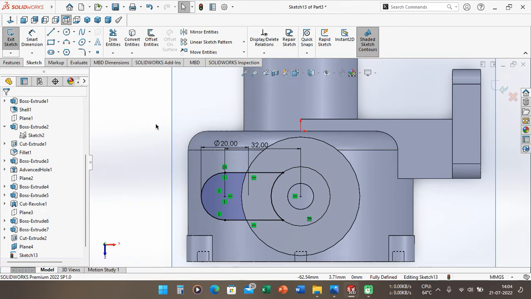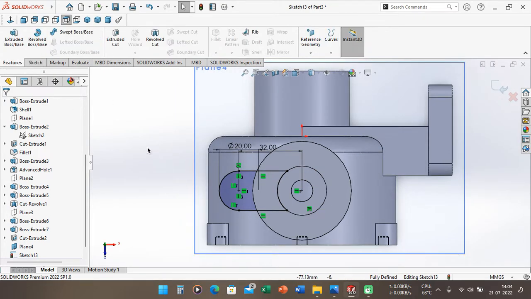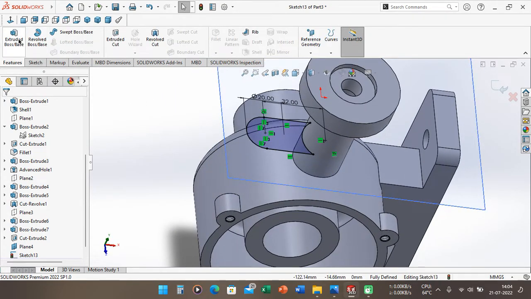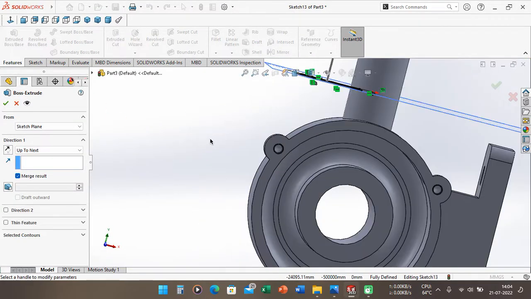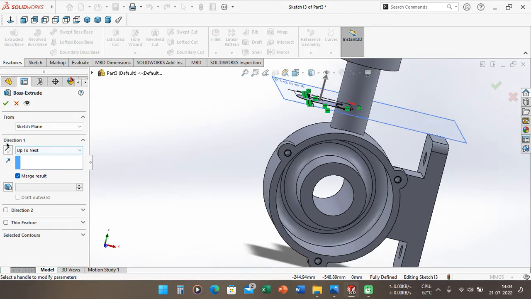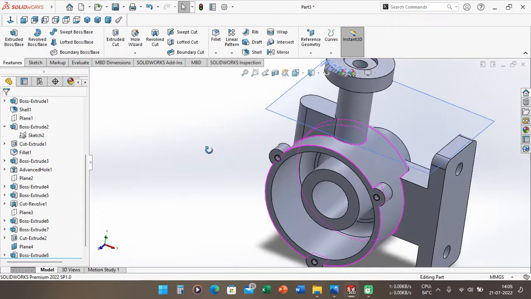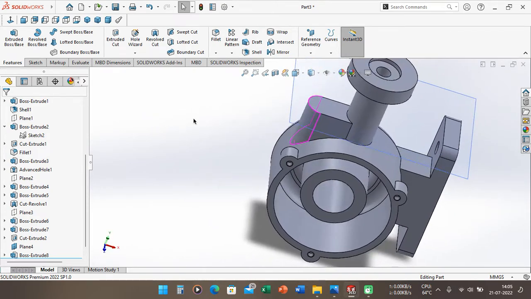Okay, we can go to features and then select the extruded boss here, and we can change the direction of this sketch and just up to next. Okay, so the section has been created here.